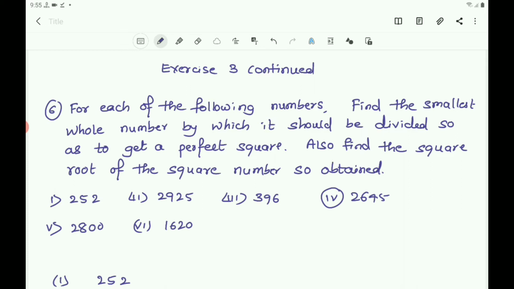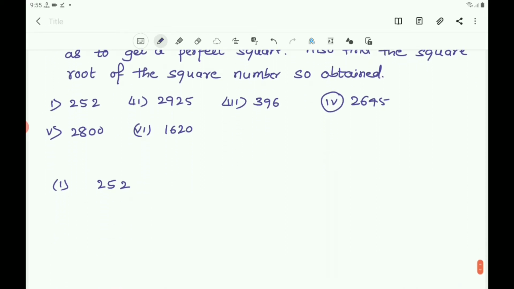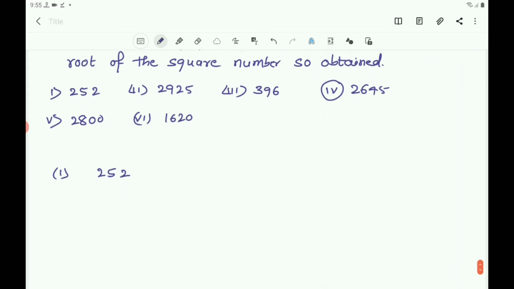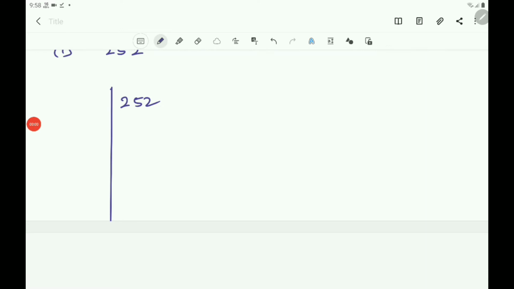Here there are 6 numbers. The first one is 252. As usual method, find the prime factors of 252. Now you find the factors of 252. Now you divide it by 2 as it is having the unit digit 2. 2 1s are 2, 5 is there, 2 2s are 4, 1 is remaining, 12, that is 2